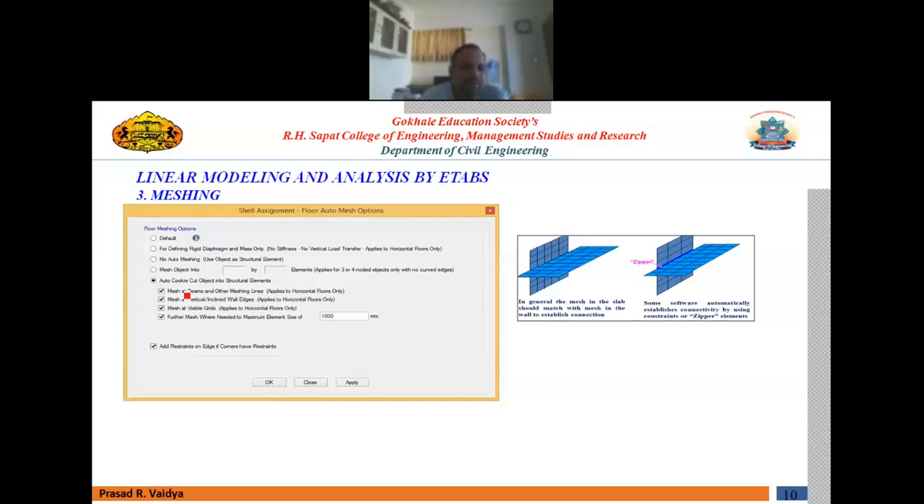So what the program will do is generate the mesh based on your input, whichever options you have clicked. It will generate the mesh based on this particular input. So which one should be used,